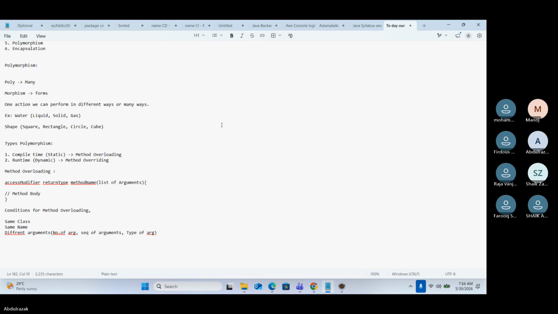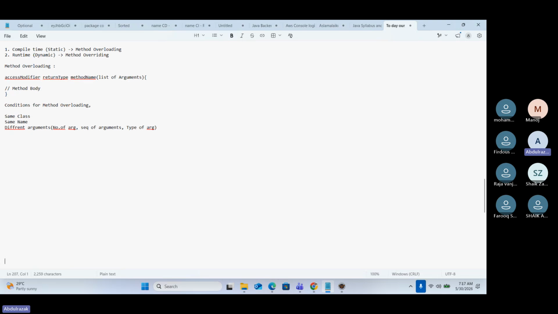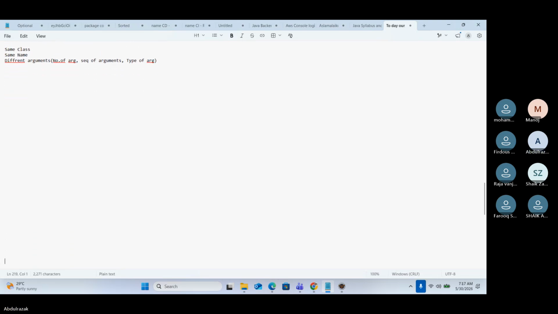Having the method in the same class, and the name should be the same. The only thing is parameters should be different. So method name, return type, everything should be the same. The only difference is parameters should be different. Then only that concept we can call a method overloading. Already we saw so many examples on that. Now we are going to discuss